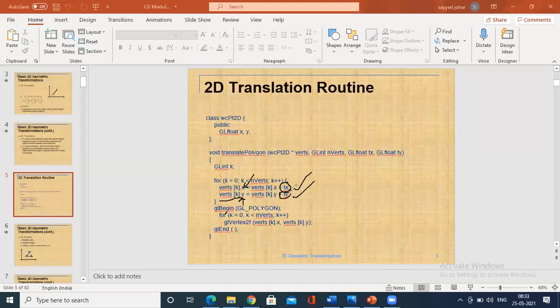This is a very good concept for you to understand. Next we have the concept of rotation, so we'll see that also.